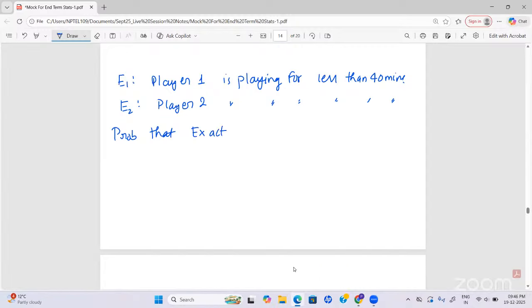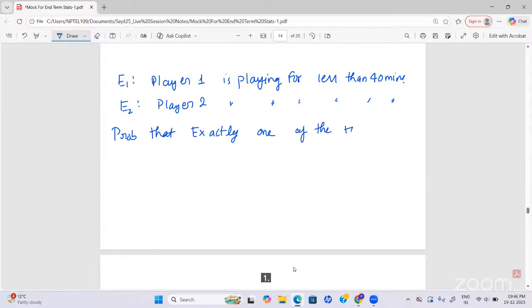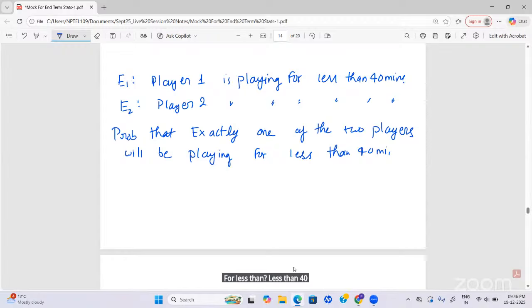exactly one of the 2 players will be playing for less than 40 minutes. Okay, so we can write it as, suppose player 1 is playing for less than 40 minutes,